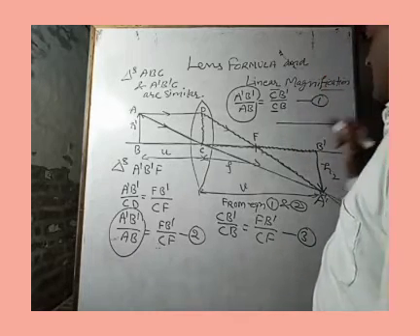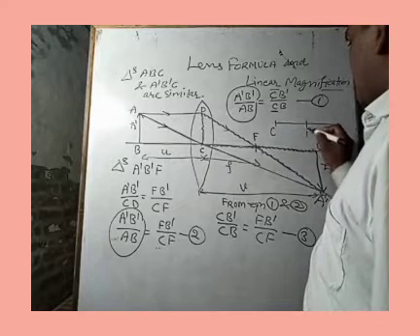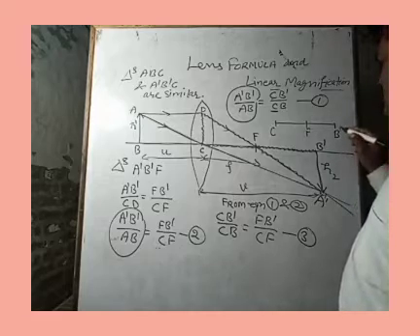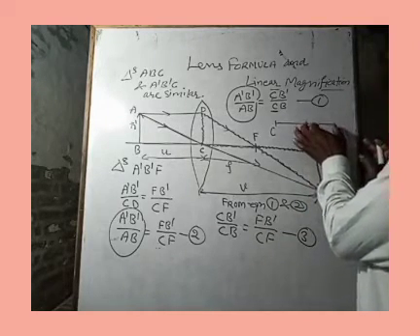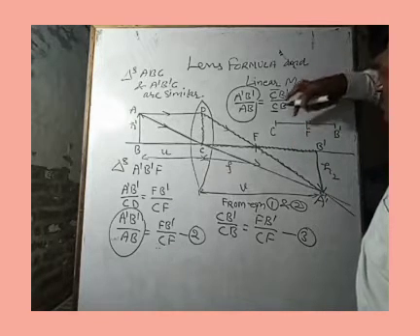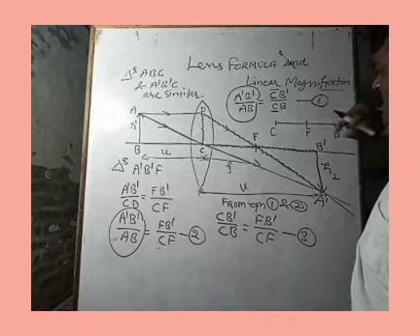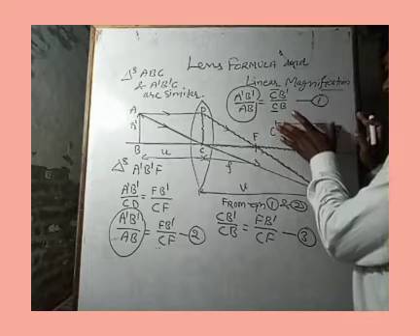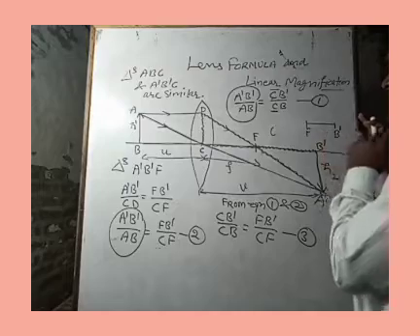Now let's talk about FB dash. Here we have this line such that C is the point here, F is the point here, and B dash is the point here. From this straight line, if we want to calculate FB dash, this much distance, it should be CB dash minus CF. If we take the complete CB dash and subtract CF, then it will be FB dash only.